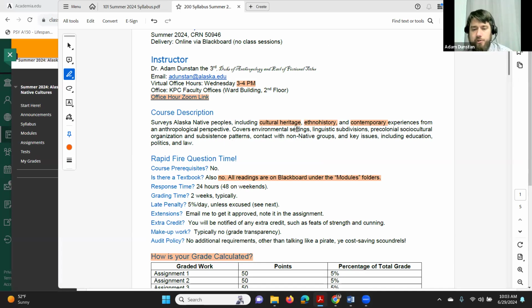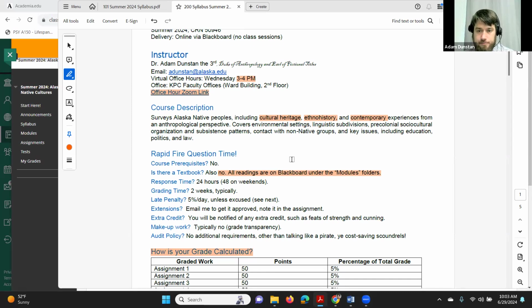But basically, what I want you to get from this is that we'll be looking at cultures in the sense of the very, very ancient past, like what archaeology can tell us about, 1,000 years ago or 3,000 years ago. Ethnohistory, meaning among other things, the very recent past, things that we know about from people's stories and from elders' knowledge that they've either shared themselves or shared to anthropologists who have written it down. And then contemporary experiences, things that are going on today.